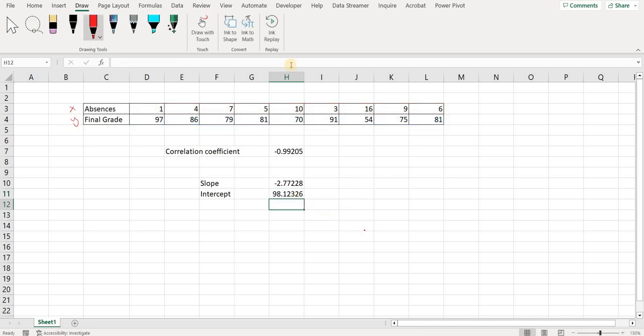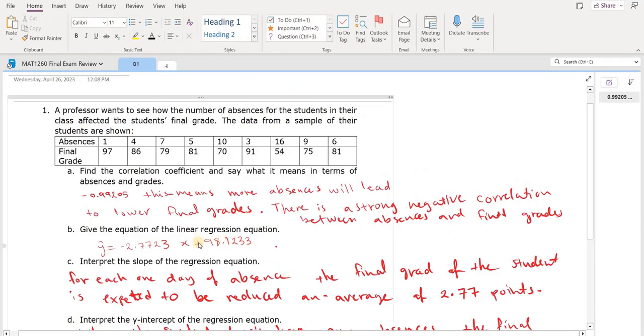So now we can create our equation. Remember that the equation is of the form y equals, or y hat, sometimes you see it like that, mx plus b. M is the slope and b is the intercept, so we can write it as negative 2.77x plus 98.12. You can round to 2 decimals. I think that's reasonable. So that is going to be the equation for the least squares regression line,